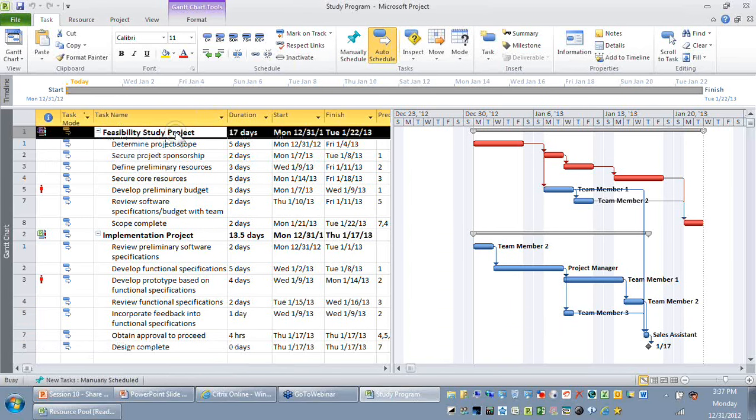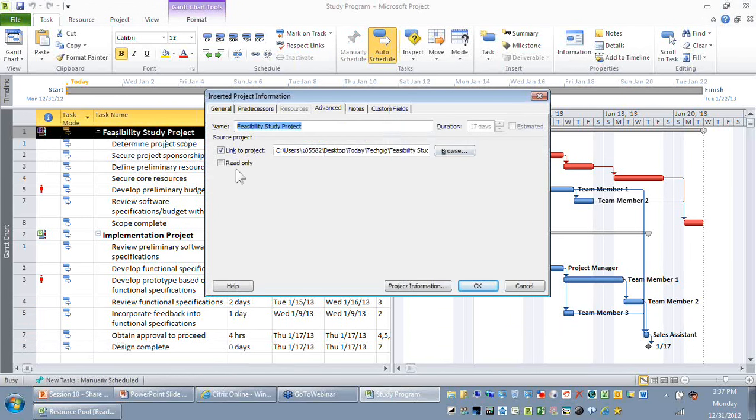Another point which you need to remember is by default when you try to use this project sub-project,